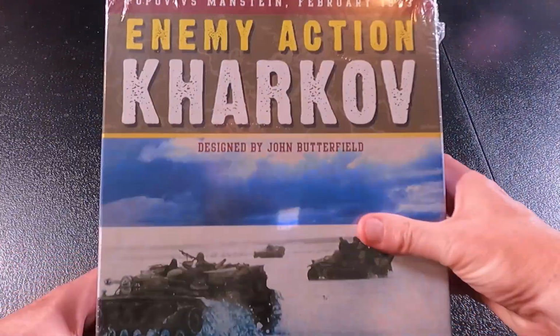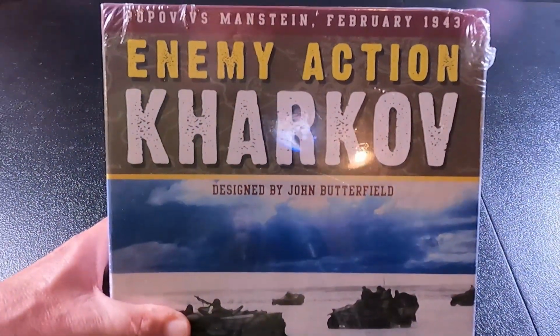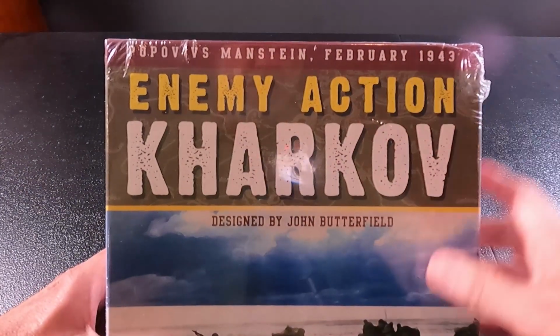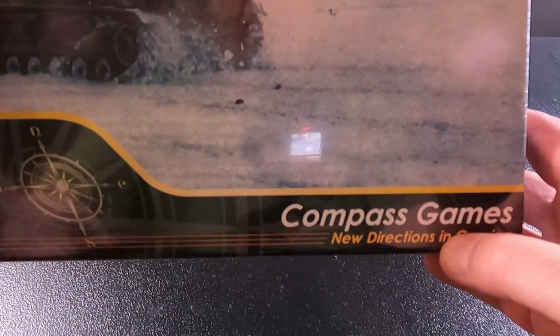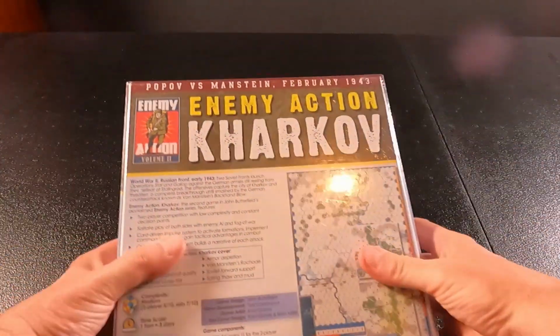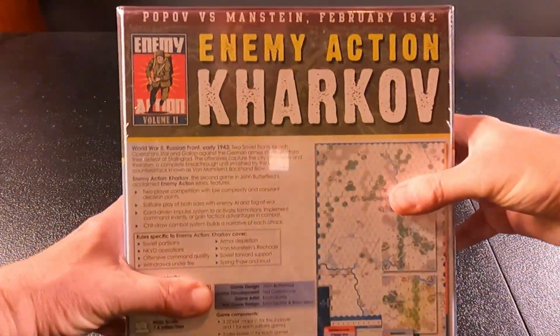the box of Enemy Action Kharkov. See if I can get my camera to... Popov versus Manstein, February 1943, designed by John Butterfield, and of course published by Compass Games. Okay, let's see what's on the back here. All right, so